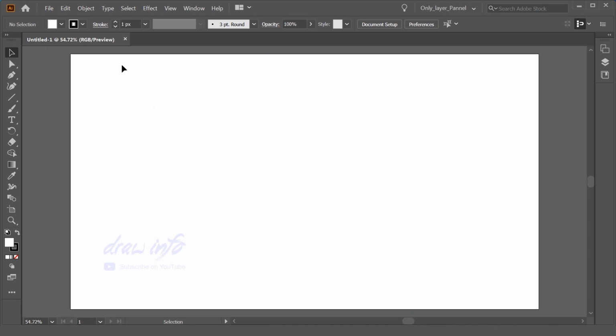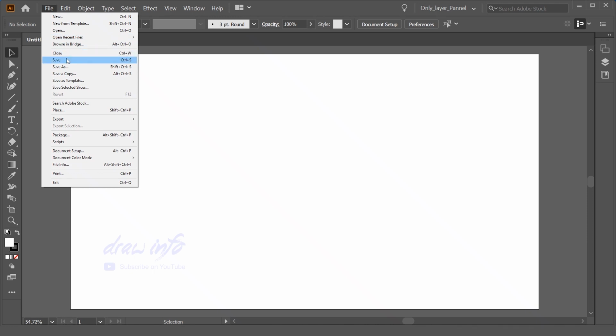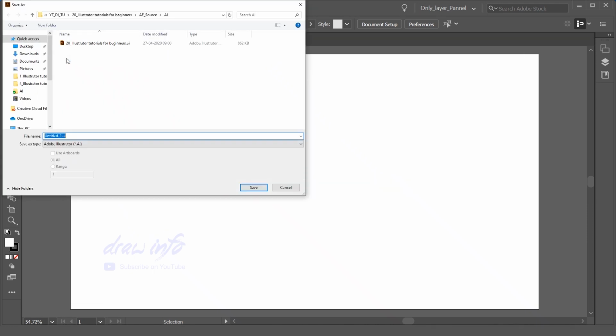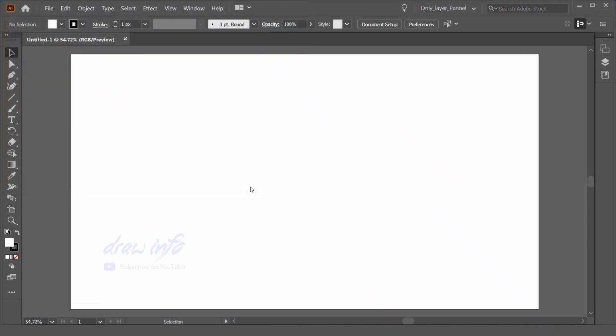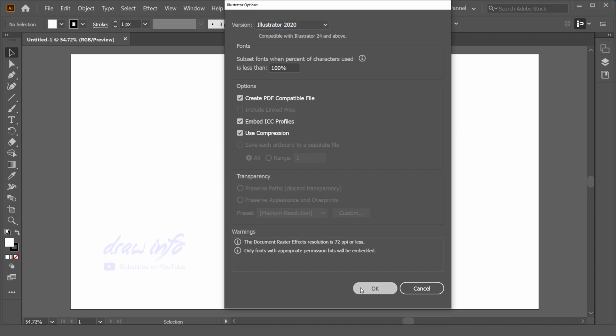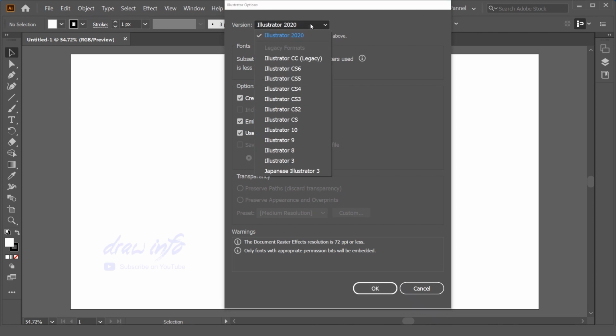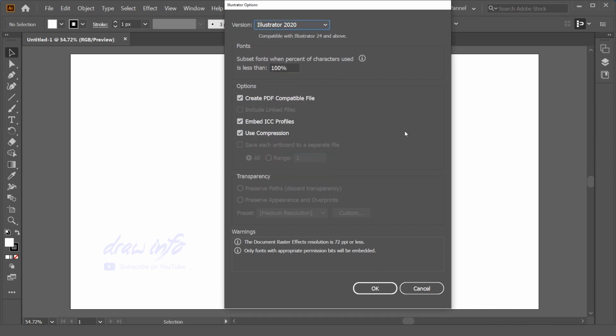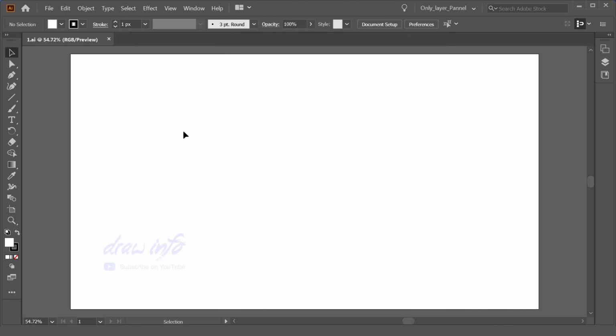So now we created a new file over here, and it comes up as Untitled. You can save this file by going inside this tab, give it whatever name you want, and save it. See the version here, it is showing Illustrator 2020. If you go inside here, you will get other versions also, legacy, CS6, CS4, and other options are available over there. Then I'm going to say yes. So see, our file is saved over here, and it is taking its name over here.